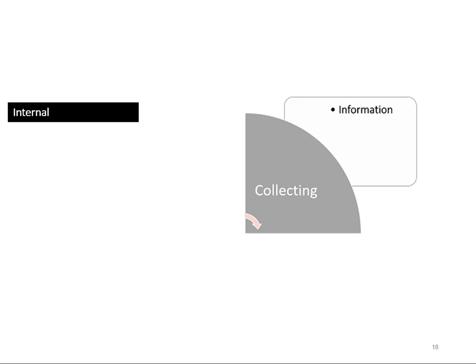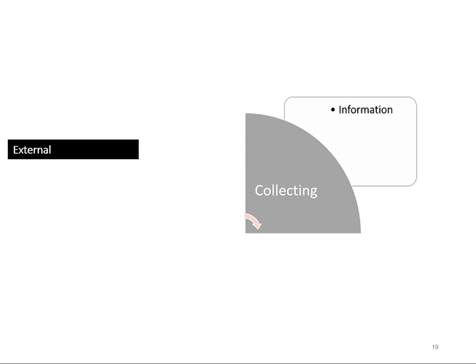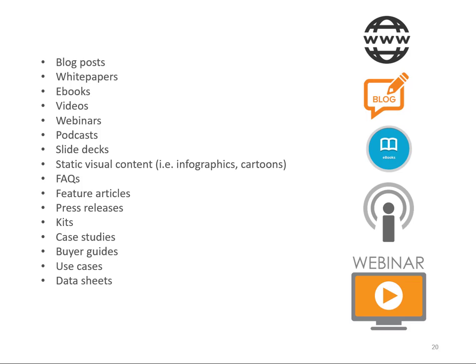Internal, that's going back to everybody in the company and asking, what do you have knowledge on, data on regarding our competition? And let's get it together and put it into that centralized database so everybody can benefit from it. External, it's going to your partners, your vendors, your customers to ask, what do you have? Now, part of this could also be done by your own staff as part of the gathering of the information, the collection.